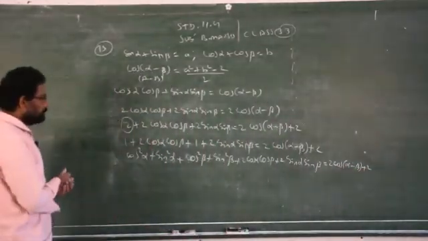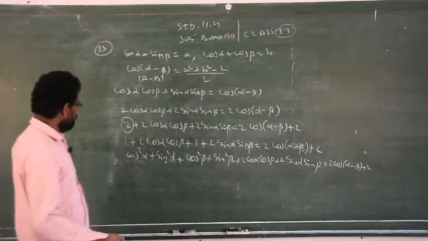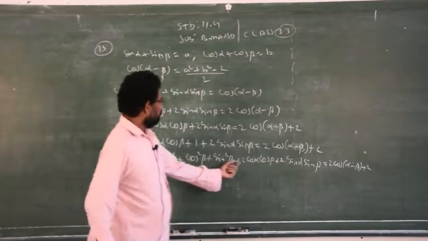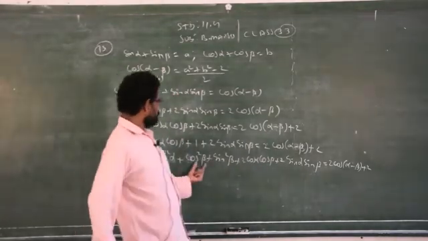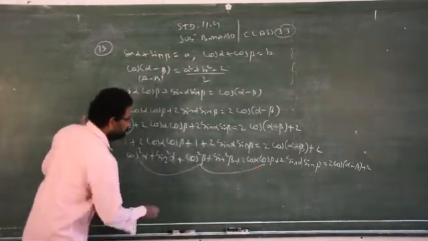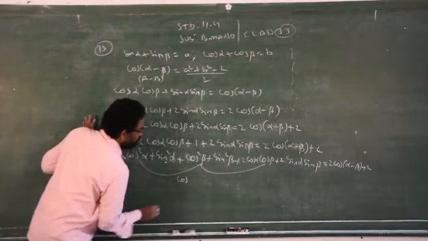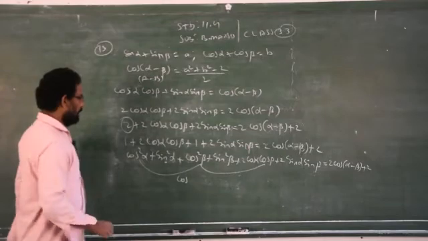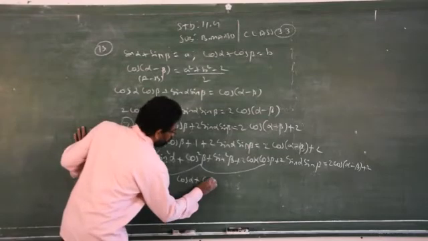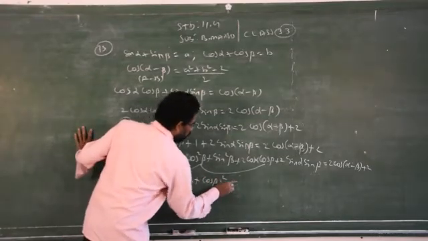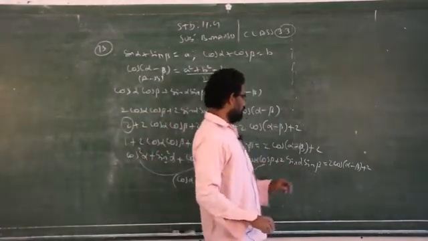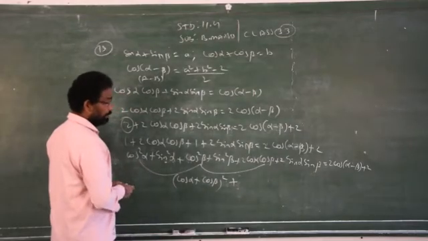So now my aim is to bring that in terms of A plus B the whole square. You just have to compare A square plus B square plus 2AB. A is cos alpha, B is cos beta. So 2AB. Just considering these three terms, I can get cos alpha plus cos beta, the whole square. When you compare the remaining 3 terms, sin square alpha plus sin square beta plus 2 sin alpha sin beta, that is also in terms of A plus B the whole square.